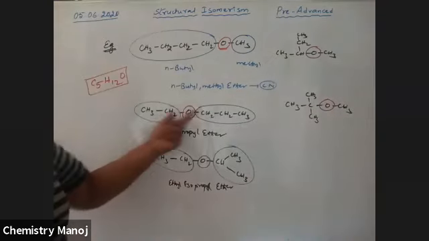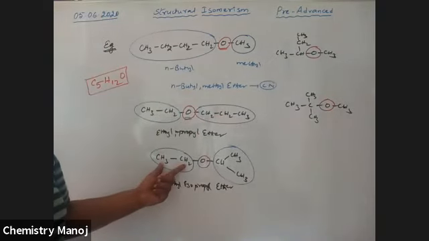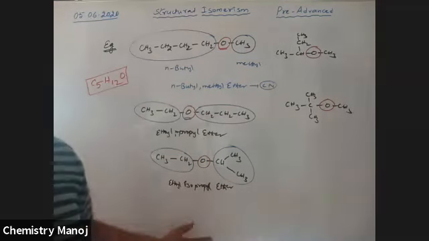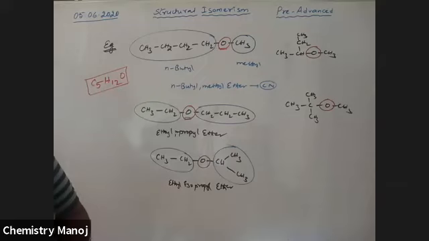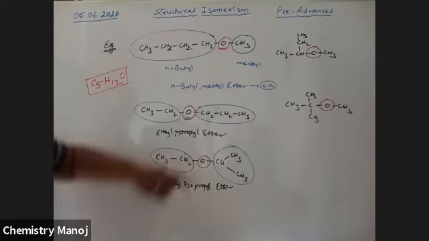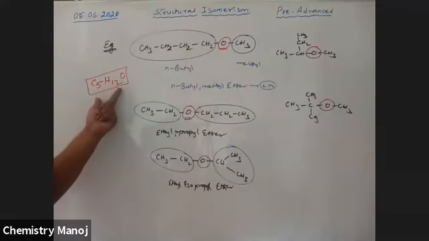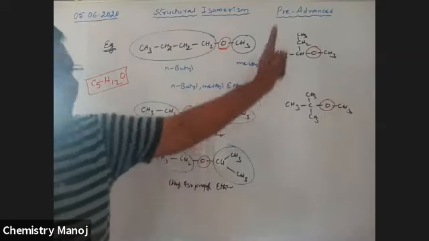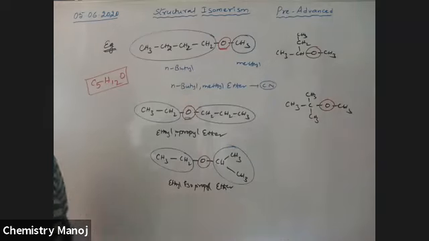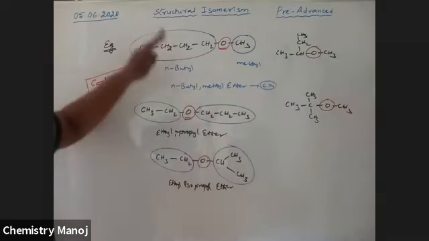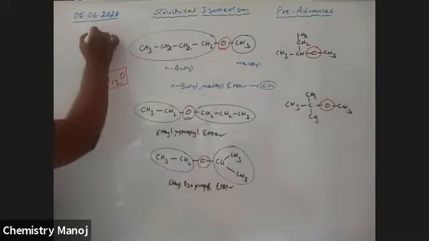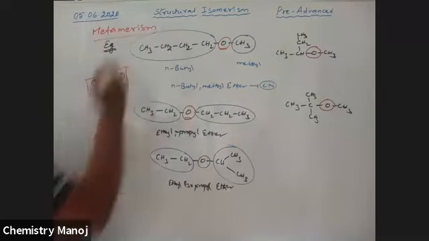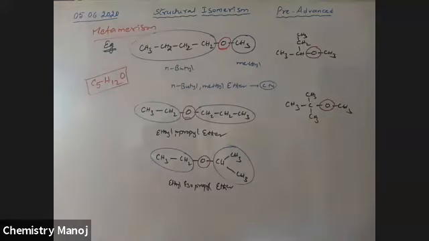Next, it is ethyl, it is n-propyl. It is ethyl, it is isopropyl. That means no two alkyl group combinations are common for any two compounds. So all these compounds have the same molecular formula and the same functional group, but the attached alkyl groups are different. This type of isomerism is called metamerism, and those isomers are called metamers.